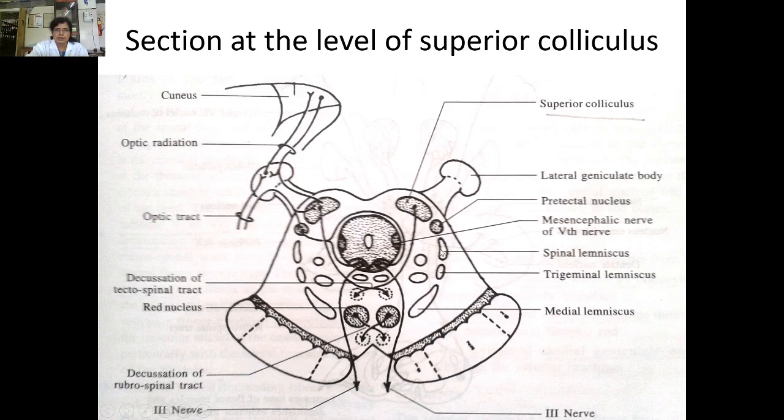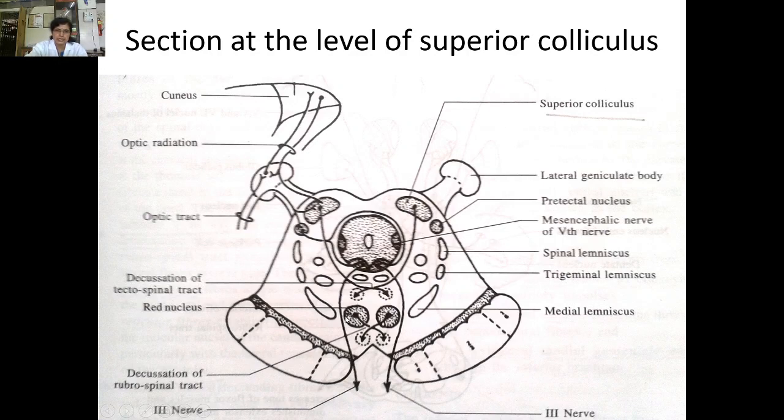Here the lateral lemniscus is not present because the lateral lemniscus ends at the level of the inferior colliculus. Then dorsal to these lemnisci there is the central tegmental tract, and there is one tract shown here called the dorsal trigeminothalamic tract, and the fibers of the dorsal trigeminothalamic tract arise from the principal sensory nucleus of the trigeminal nerve. Before that, we will see the red nucleus.